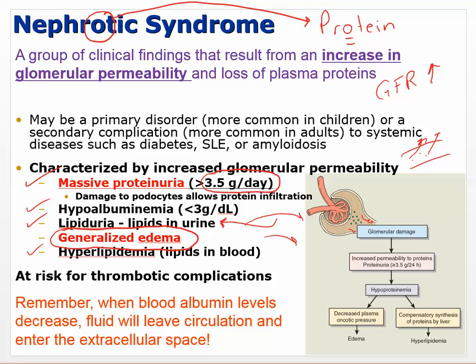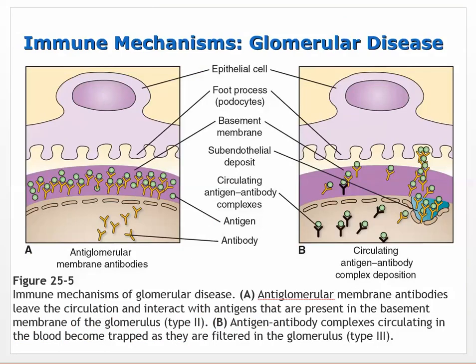So you don't really see blood as much in the urine with nephrotic. That's kind of important because hematuria was a factor in nephritic. Okay, so it's just kind of keeping these things separate. All right, so